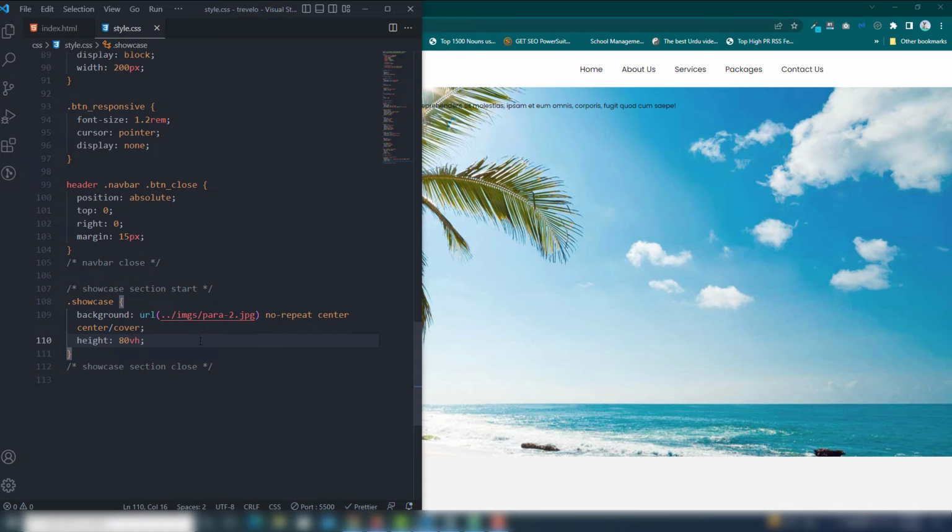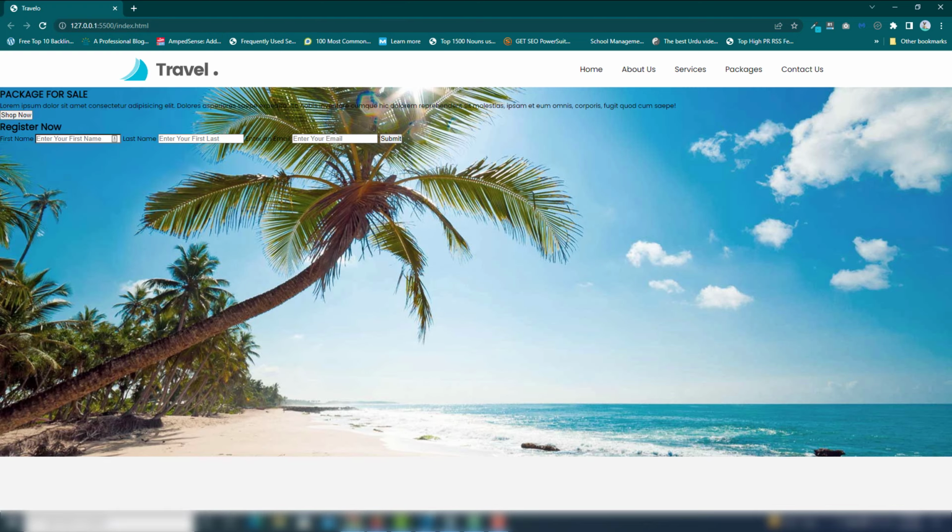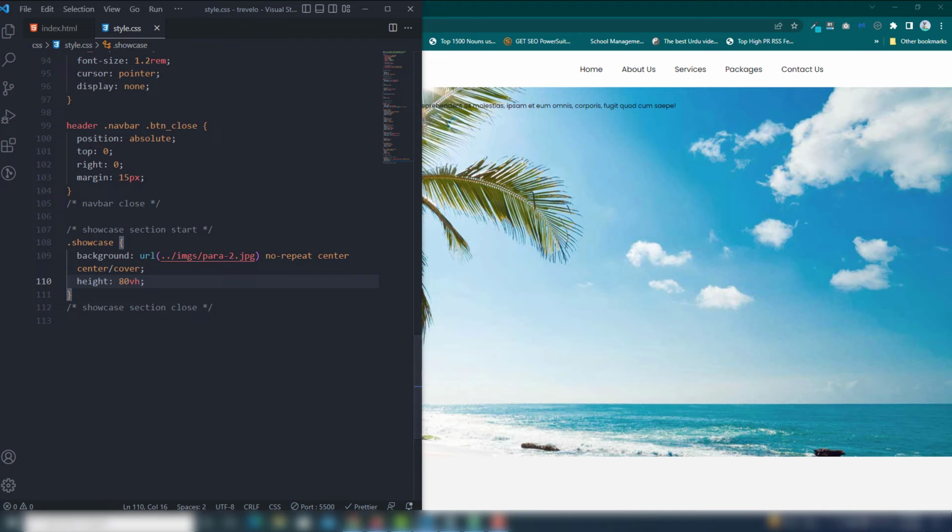Then I want to display the overlay, but before displaying the overlay we're going to manage our content. In just a minute I'm going to check that. Okay, I'm going to create a showcase